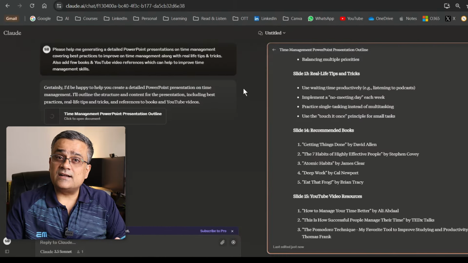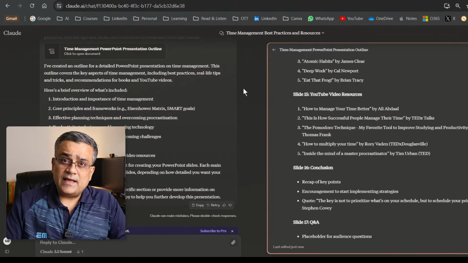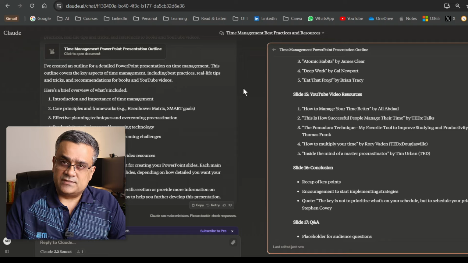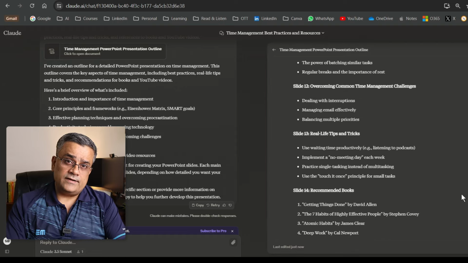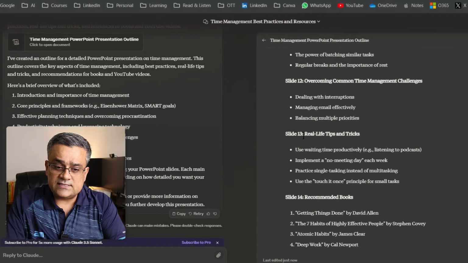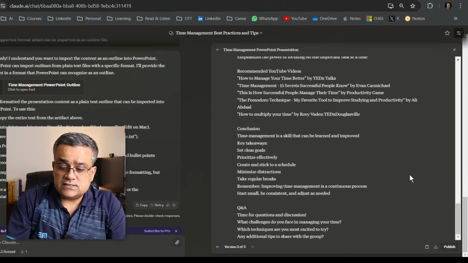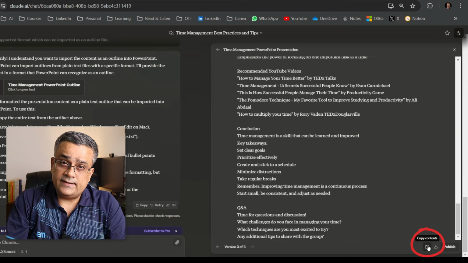Now we can see it started generating the content. I'm using a free plan here. So if you are using Claude for the first time and you are also using the free plan, you will be able to see similar results. Now we have generated the content, so we have the outline. You can see what points will be on slide 13, slide 14. Everything got generated. What I need to do is click here to copy the entire text,